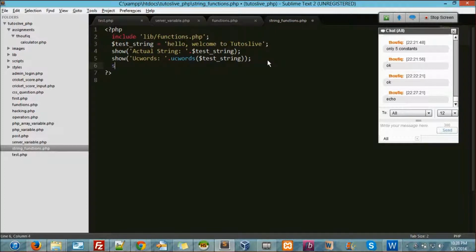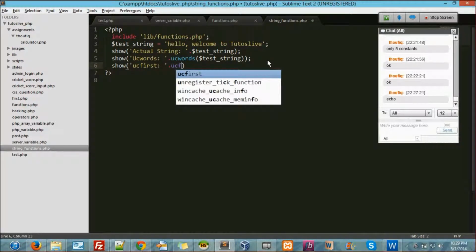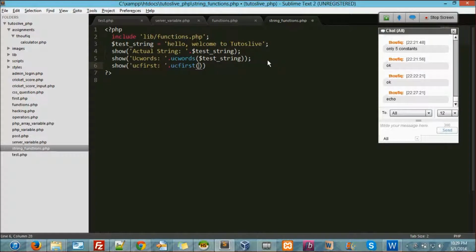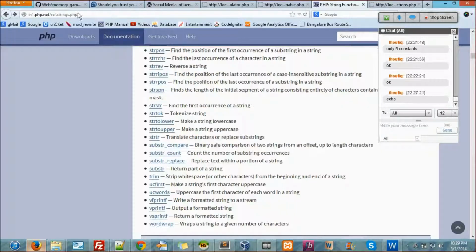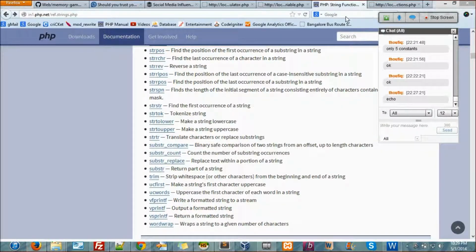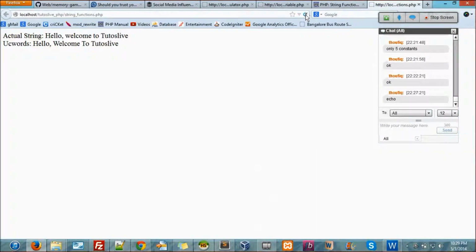Then here show ucfirst, dot ucfirst dollar test string. Let's see. ucfirst will only make the first letter capitalized, and the other makes everything capitalized.